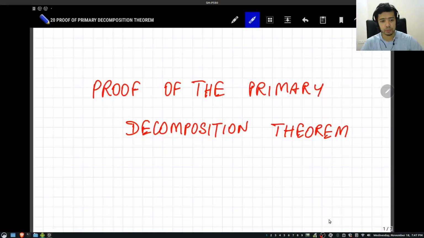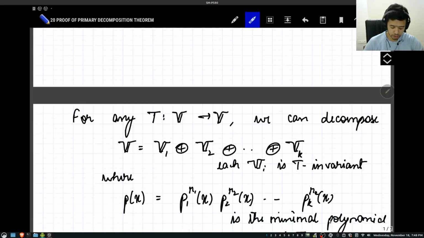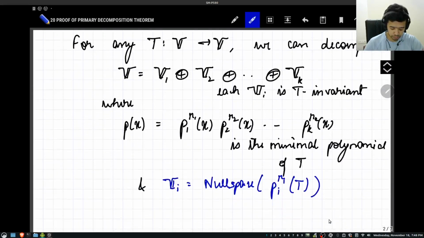In this video, I'll give a sketch of the proof of the primary decomposition theorem. So let's recall what the primary decomposition theorem says. At a high level, it says that every square matrix is similar to a block diagonal matrix, where the blocks can be taken in a very special way, and these are related to the minimal polynomial of the matrix, right? So formally speaking, given any linear transformation from V to V,